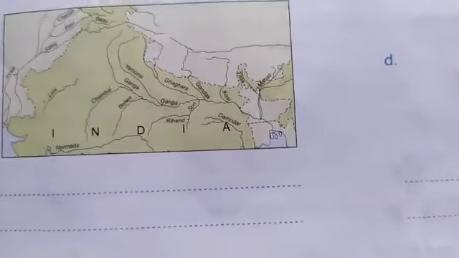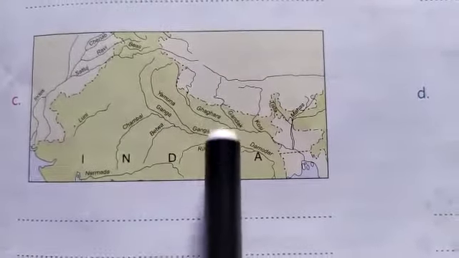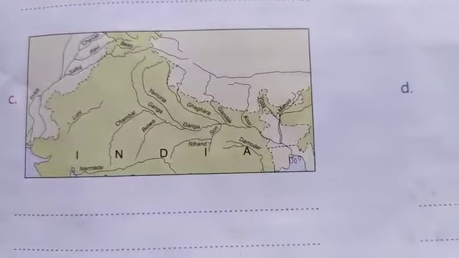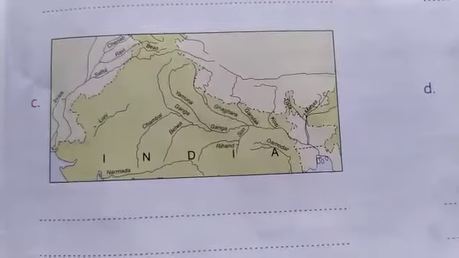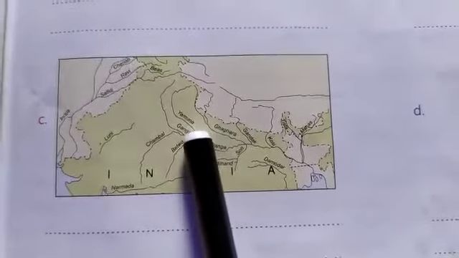Moving on to the C part. Here is the map of India and a few rivers have been given here. Yamuna, Ganga, Chambal, Betwa, Rihand, Ganga, Son Nadi, Ghaghra, Gandak, Damodar, Kosi. The error here in the map is that Ganga and Yamuna, these two labels have been interchanged. Ganga should be written here on the top and Yamuna should be written below. Yamuna flows here where it is written as Ganga, and Ganga flows and follows this path, the top one. Okay, so these two have been interchanged.